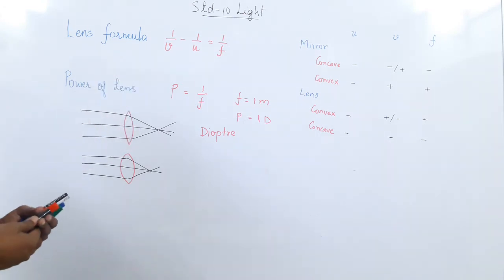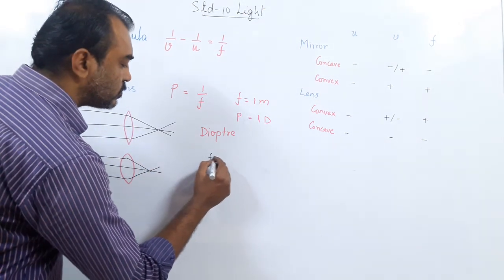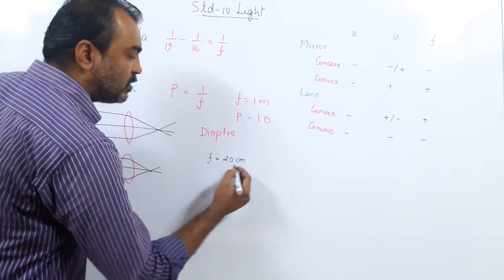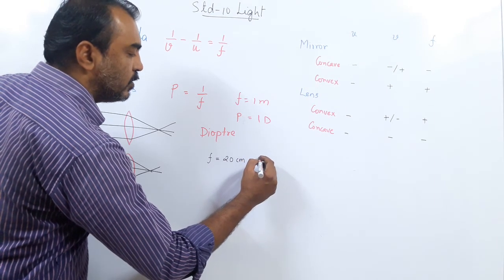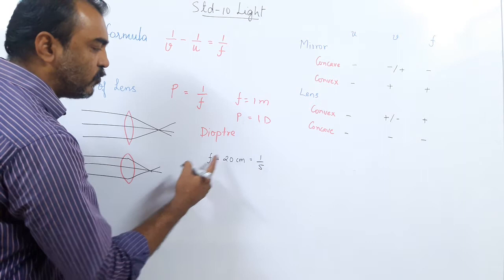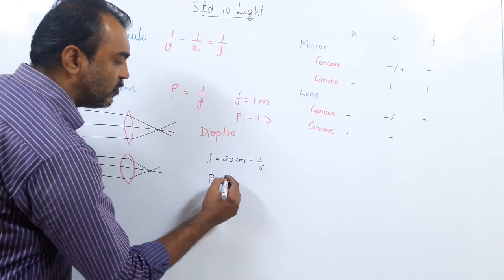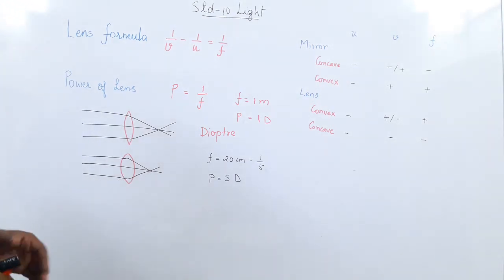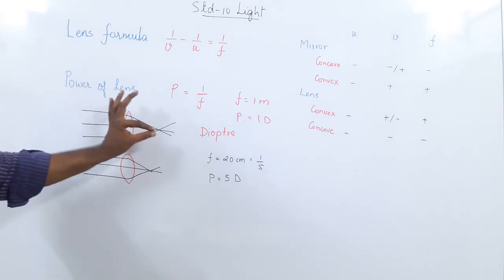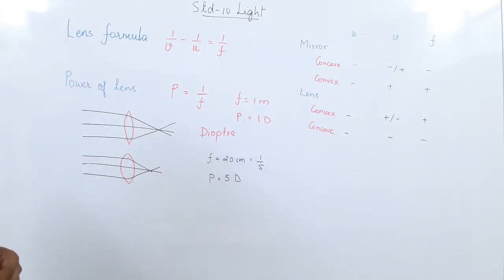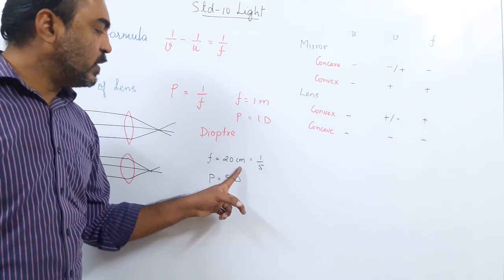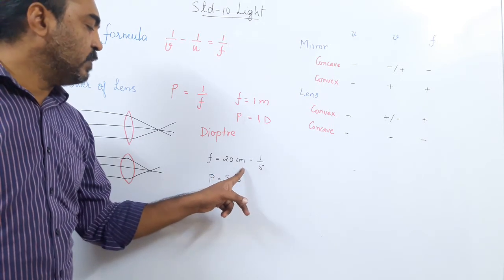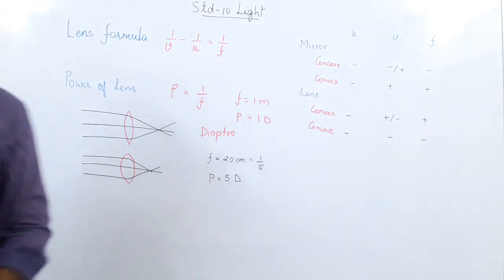But just how we have done, say the focal length is 20 centimeter. So we have to convert this into meters. So it becomes 20 upon 100 or 1 upon 5. So if the focal length is 1 upon 5, the power will be 5 diopter. Here also the positive and the negative sign will remain depending upon whether the lens is converging the light or diverging the light. It is a lens. But what we have seen here, if the focal length is 20 centimeter, you have to first convert the centimeter into meter. So if the focal length is 20 centimeter, the power of the lens is 5 diopter.